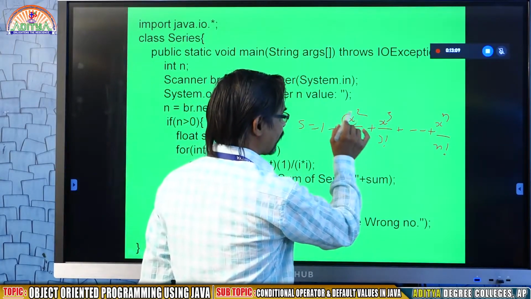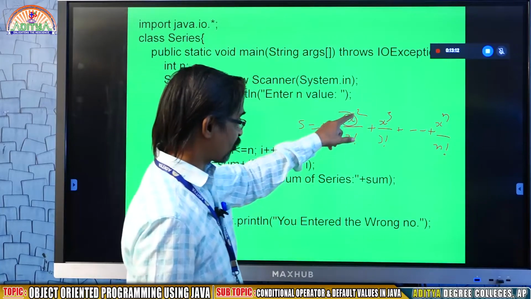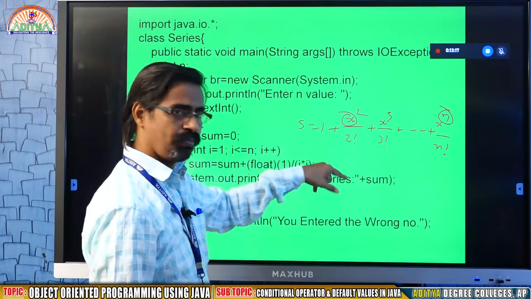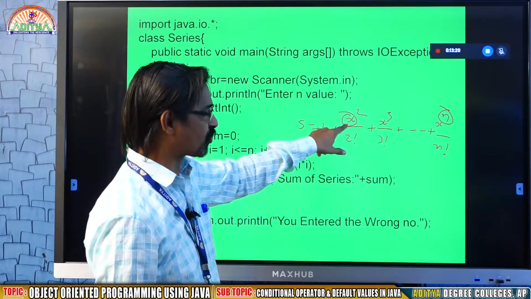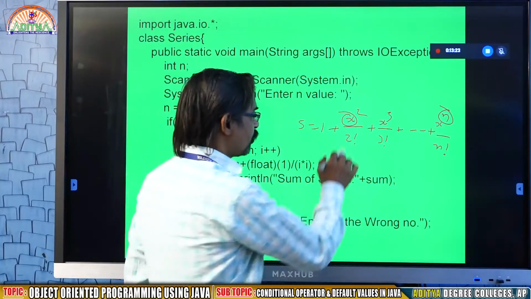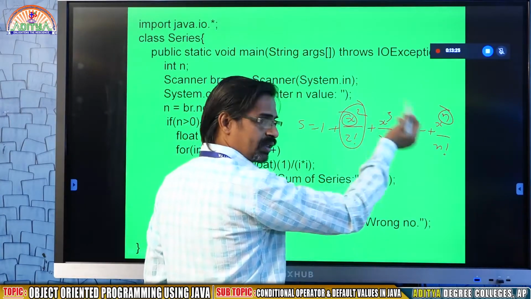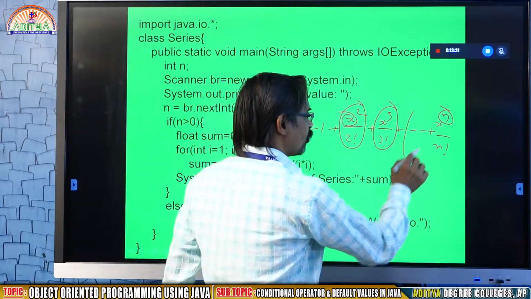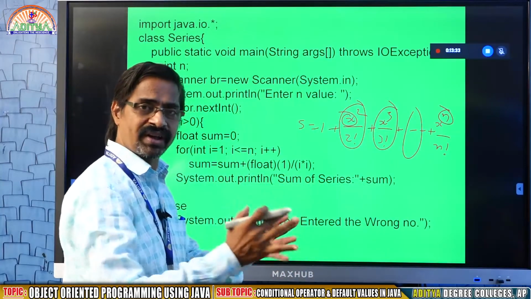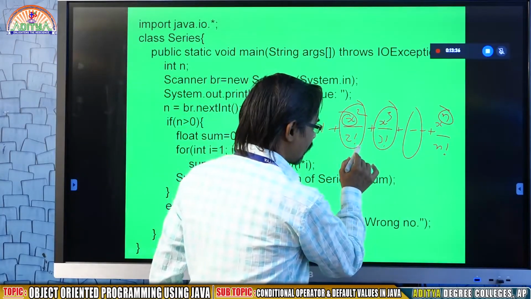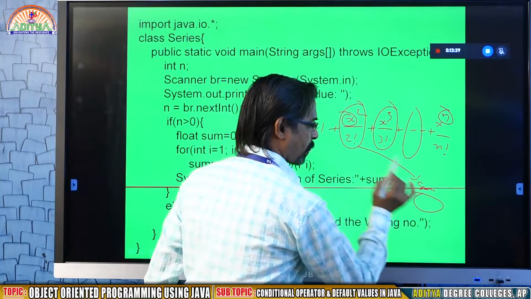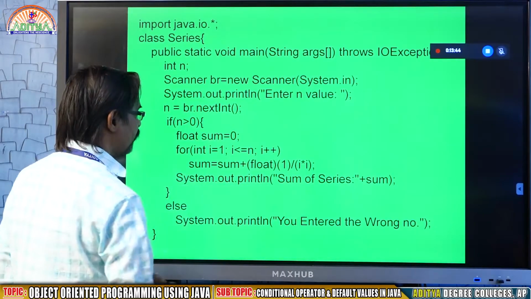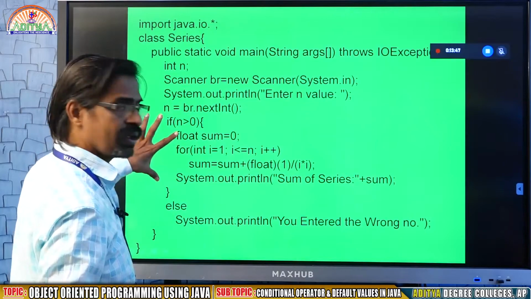Here you need to give input x. This process goes x square, x cube, x to the power of 4, x to the power of 5, up to n. So when you are writing such a program, you need to read x value and n value. Then you need to calculate x square by 2 factorial. In the second iteration, x cube by 3 factorial. How do you get this 2 factorial? How do you get this 3 factorial? Like this, you divide the series into different terms, and each time you calculate the coming answer and add it to sum. This is the concept of this series.